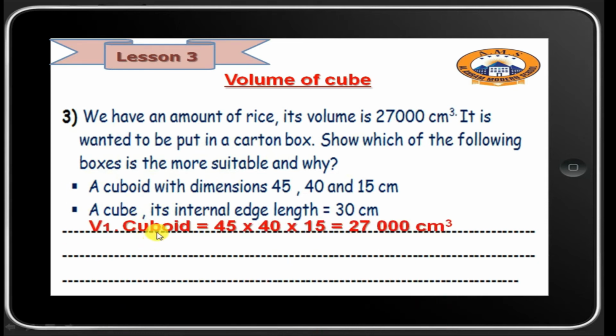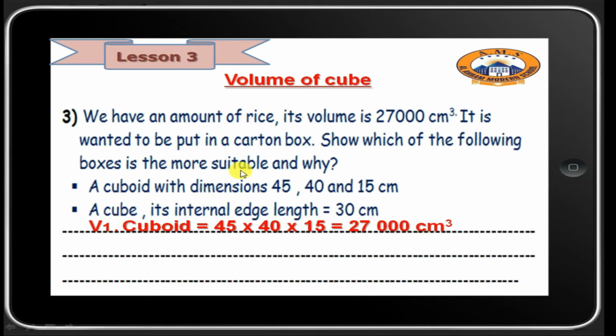So the volume of the cuboid equals length times width times height, and the length here is 45 times 40 times 15. That will give you 27,000 cubic centimeters. This is the first volume. Now I'm going to continue by calculating the